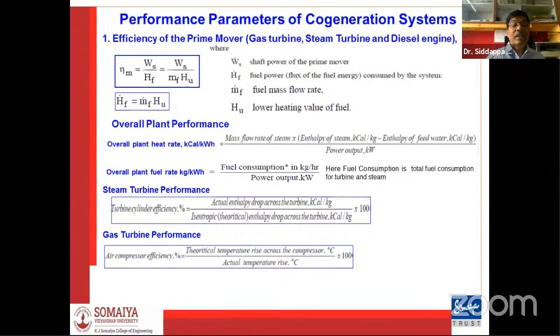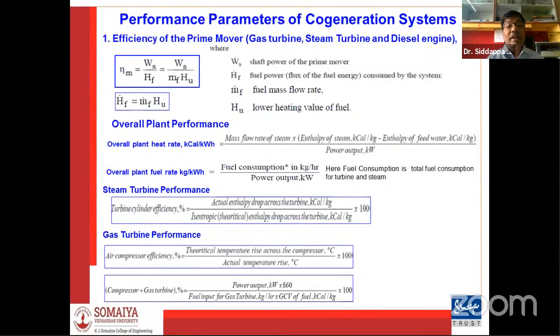All three efficiencies need to be measured, and accordingly suggestions or maintenance can be carried out, depending on whether the efficiency is decreasing or increasing, and what the losses are, whether there is a compressor leakage so there is no pressure build up properly in the compressor,